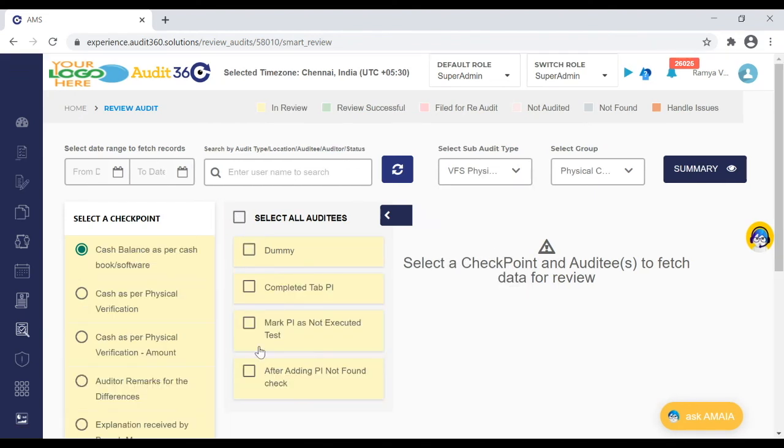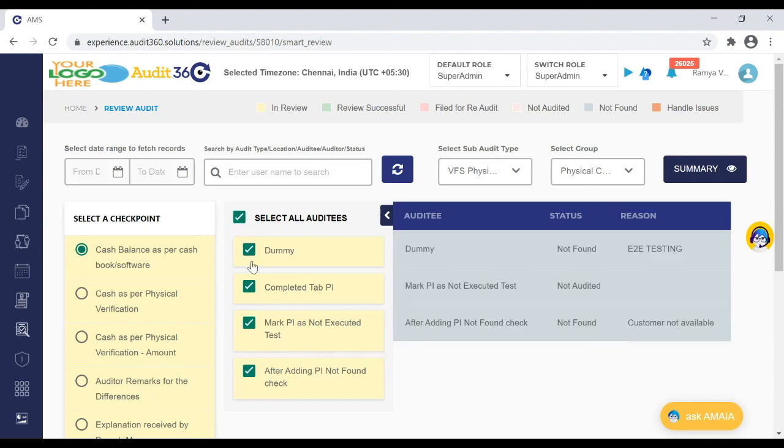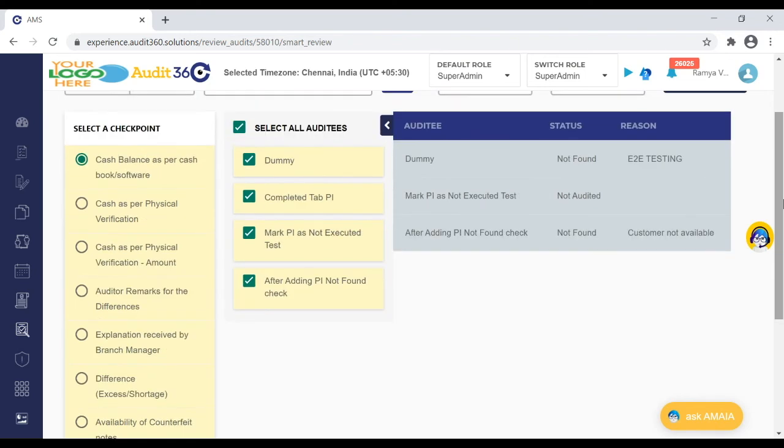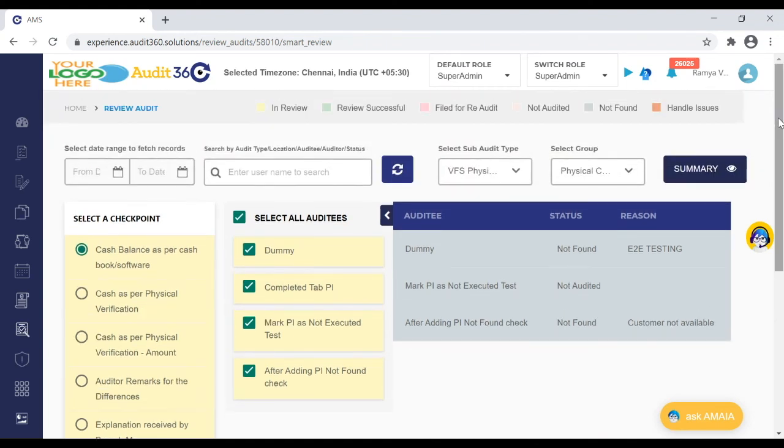We have tried to bring everything into that one page with a smart search. One search, a single search string, where you can search by audit type, auditor, or status of audit. You can add whatever you want. You can do the search based on whatever you want, and finish all your work from within this page itself.